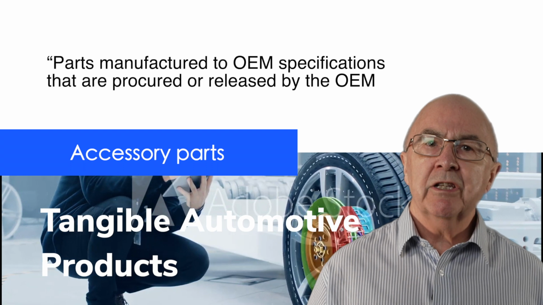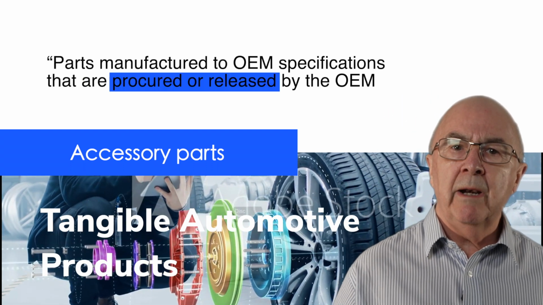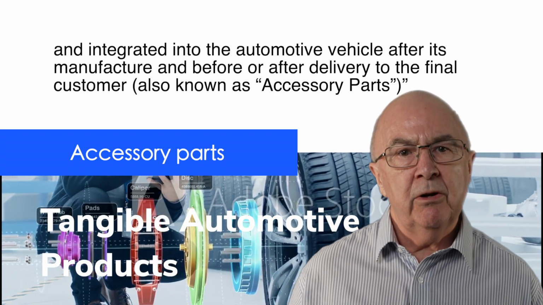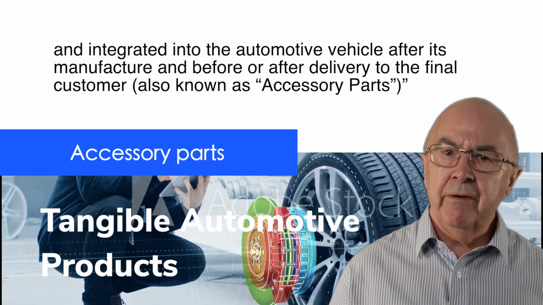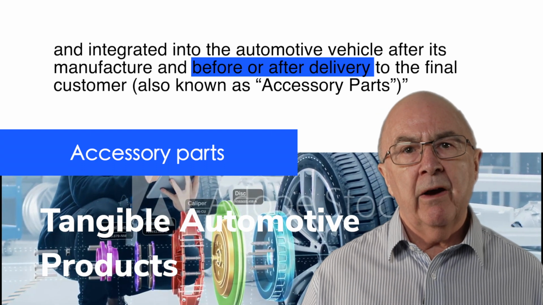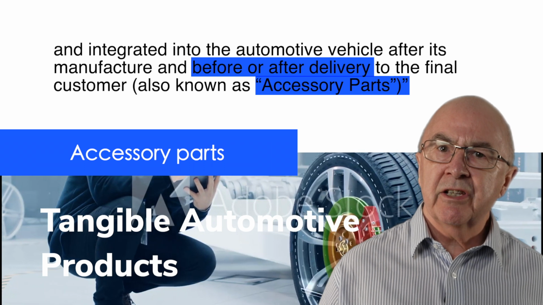Also, tangible automotive products include accessory parts. So these are parts manufactured to OEM specifications that are procured or released by the OEM and integrated into the automotive vehicle after its manufacture and before or after delivery to the final customer. These are often referred to as accessory parts. For example, this could include a tow bar, or it could include the floor mats that are going to be